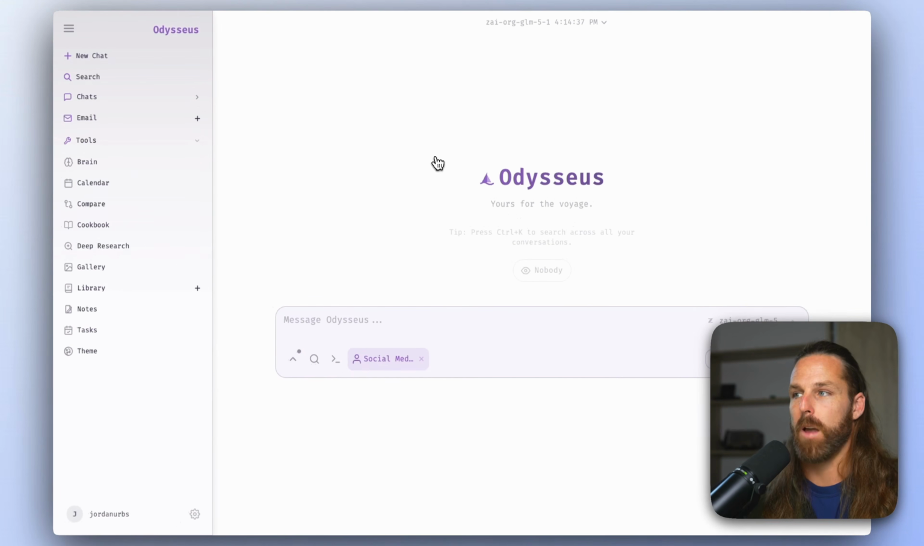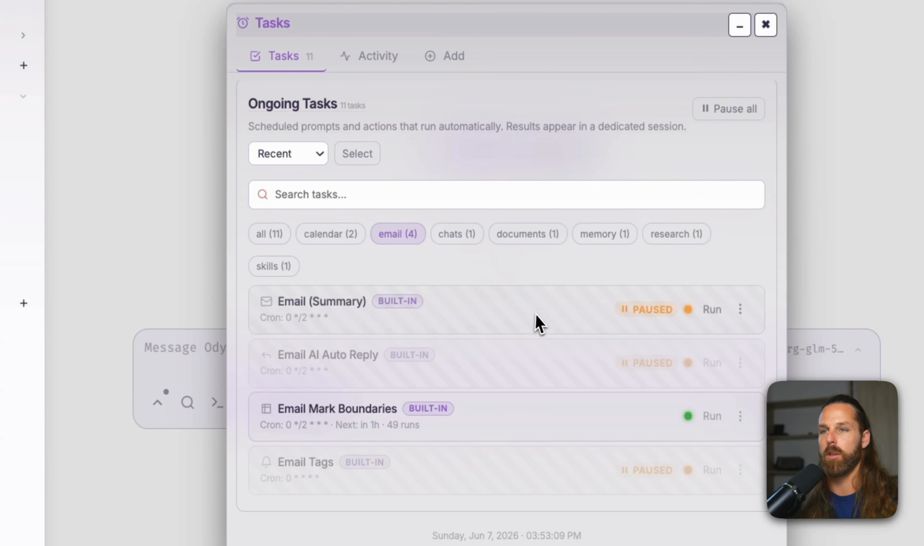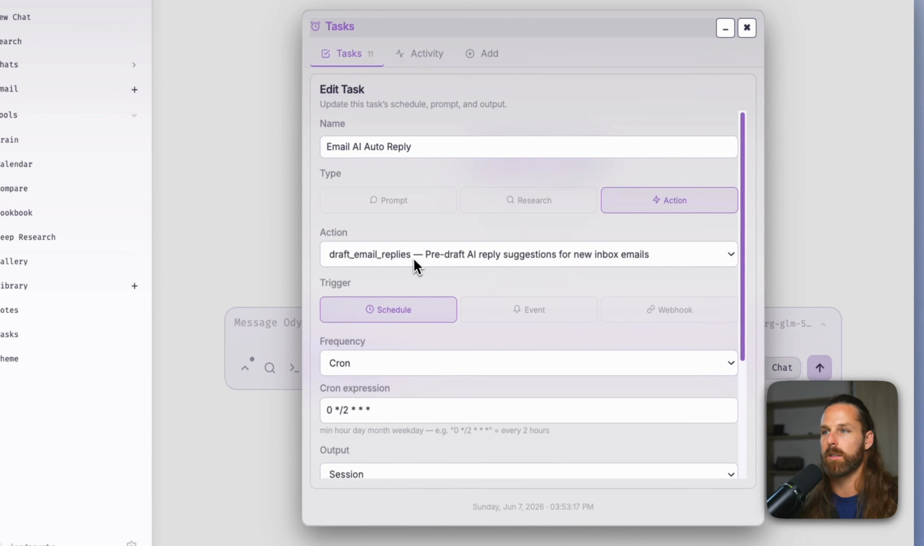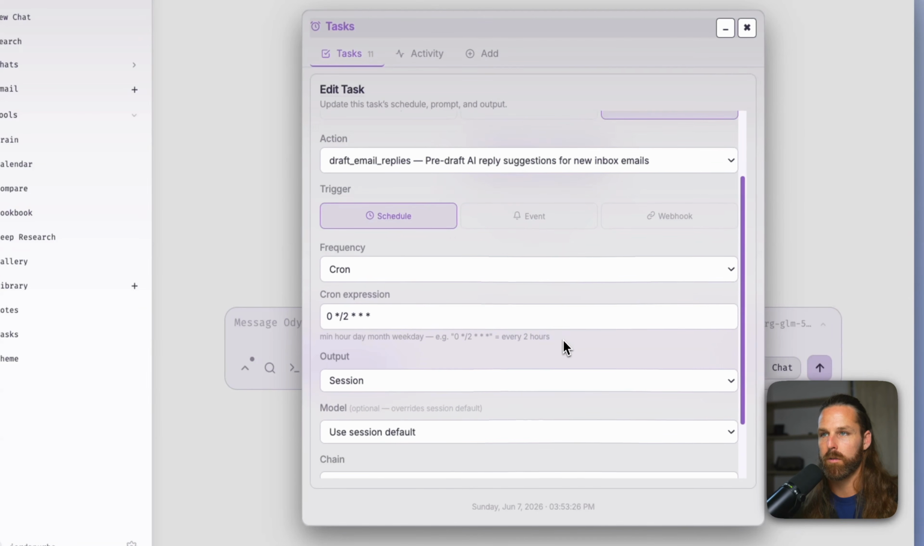So that's cool. But what about tasks? Well, you can actually add tasks. So you can have your agent check your email, and you say, okay, email auto reply. And if we edit this, we could say the action is called draft email replies, pre-draft AI reply suggestions for new inbox emails. We can set it on a schedule, do this every 2 hours, for example,